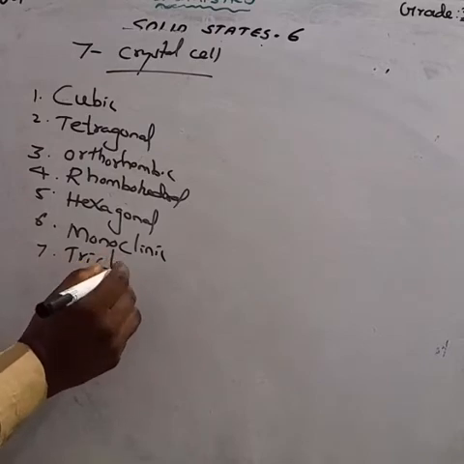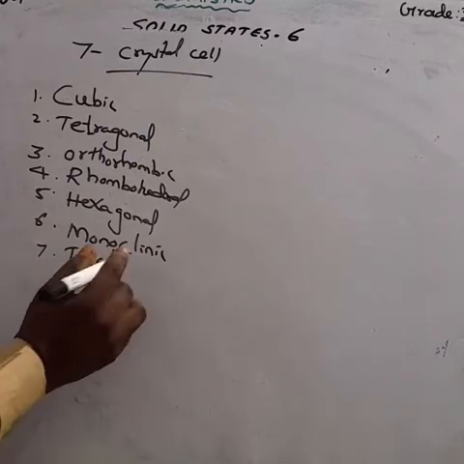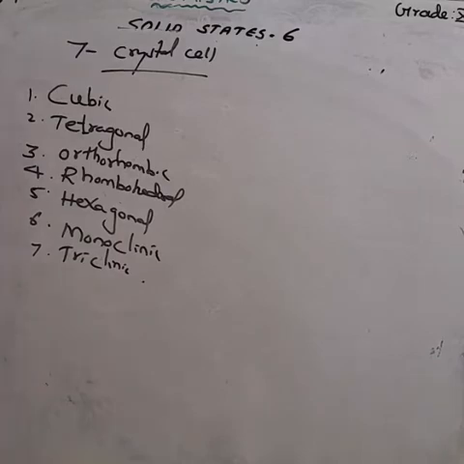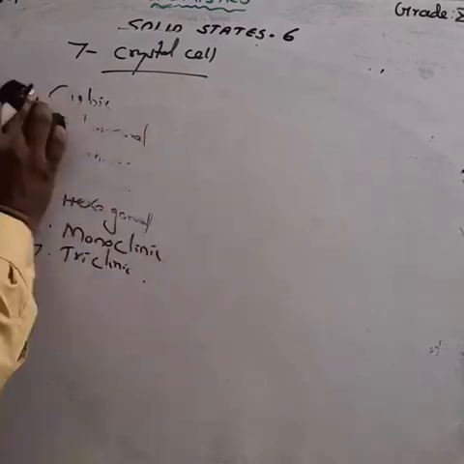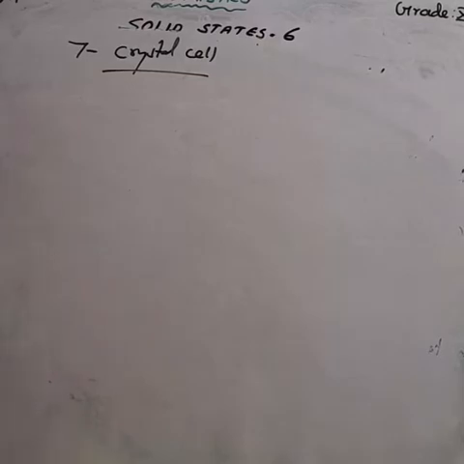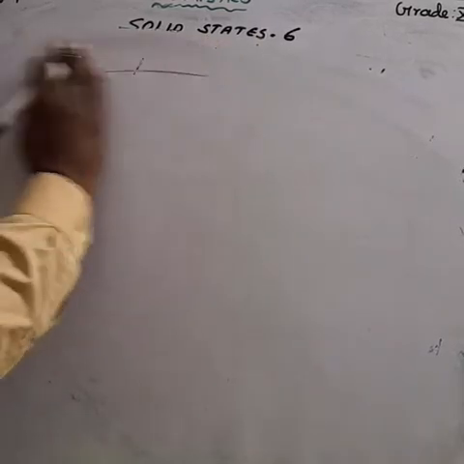Okay, for writing the edge length and angle, we must go through the edge lengths. What are the edge lengths and what are the angles? For the one-word question, I am changing the order for the easiest way of writing the edge length and also the angle. So try to learn this way. First one, cubic, tetragonal, orthorhombic, rhombohedral, hexagonal, and triclinic. Listen children, we have to look at the diagram.